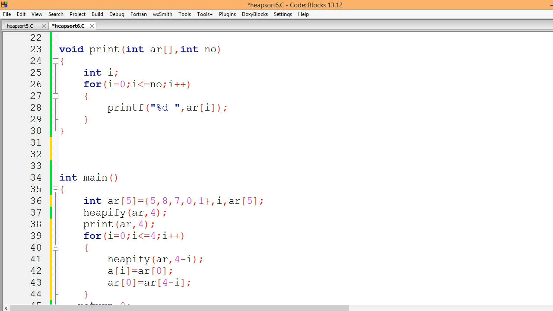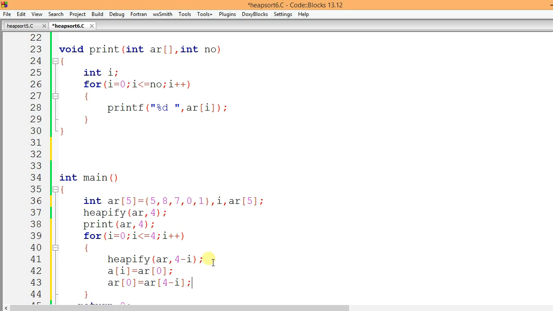Now why I'm doing 4 minus I, it's because once I delete the topmost element, the number of elements is going to be reduced by 1, and there are 5 elements and index starts from 0 to 4, means 5 elements, and if I take out one element, number of elements remaining is 4, so 0 to 3, so 4 minus I is